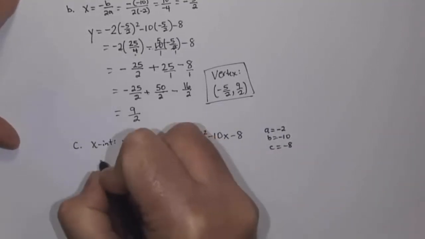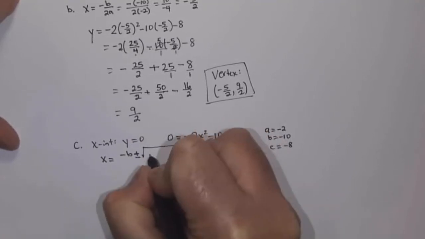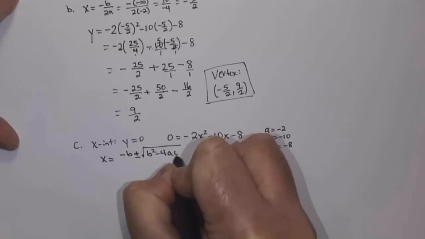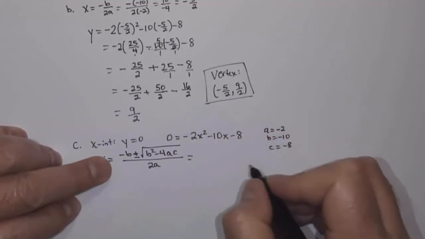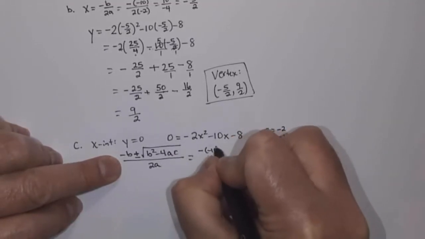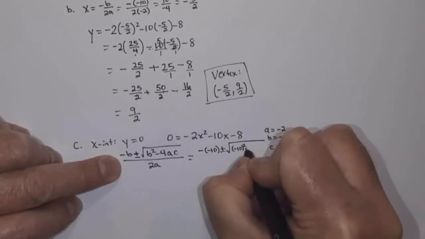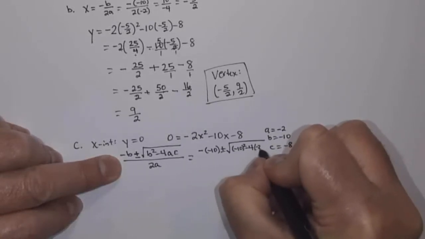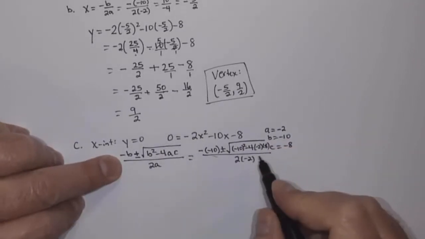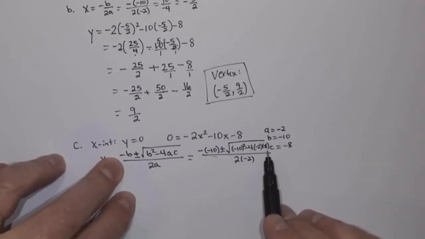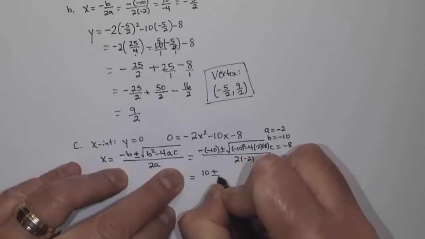equals negative 8, and of course the quadratic formula is x equals negative b plus or minus the square root of b squared minus 4ac all over 2a. Okay, so that's going to be, in this case, the negative of negative 10 plus or minus the square root of negative 10 squared minus 4 times negative 2 times negative 8 all over 2 times negative 2. Got a little crowded there, but that's negative 2 times negative 8. So that's going to be, the negative of negative 10 is going to be positive 10 plus or minus the